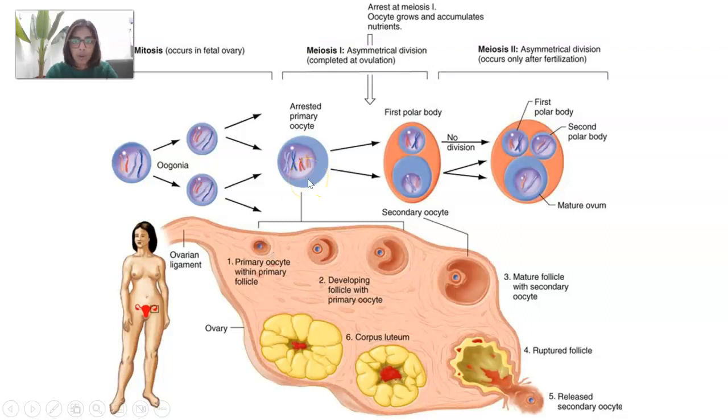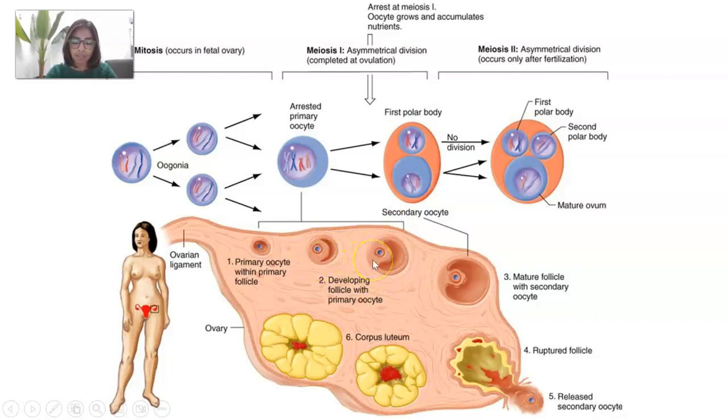We know from oogenesis that meiosis 1 occurs but is arrested at prophase 1. So you can see here that the follicle will continue to develop and form a secondary follicle, and you can see that a secondary oocyte is within that secondary follicle. You should be able to note here that this follicle that contains the oocyte is getting bigger, but the egg